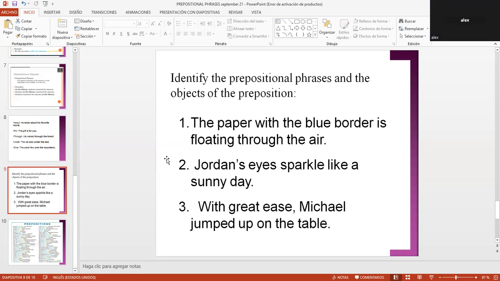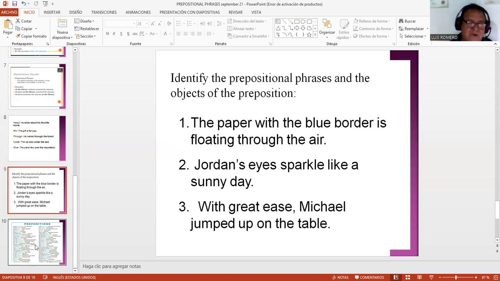Okay, paper, noun. It is a noun, right? But remember that before that noun, you need a preposition. And the is not a preposition, it's just an article. Is, preposition; floating, noun? Okay, let me help you a little bit. Here, is is acting as a verb, but I'm going to give you some important information.